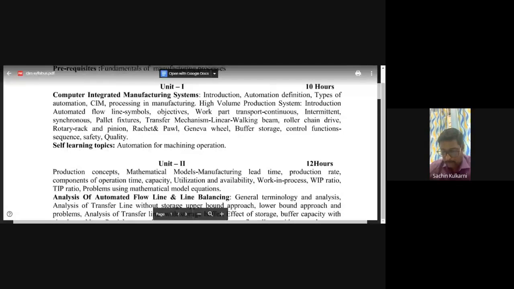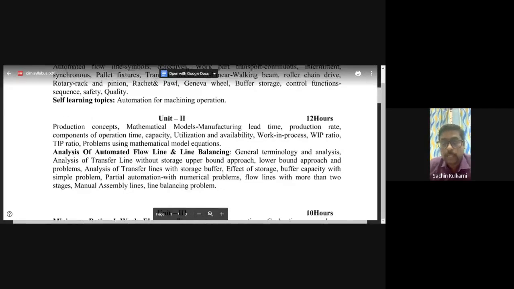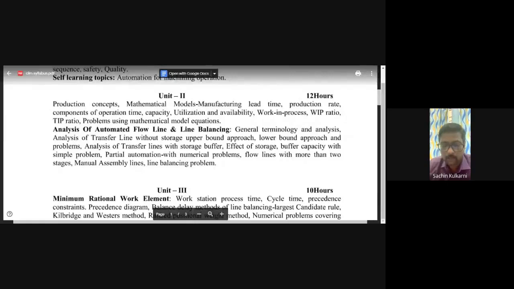So in this unit 1, in the subsection manufacturing models and metrics, you will learn mathematical models for production performance, that is production rate, production capacity, utilization and availability, and manufacturing lead time, work in process, and some simple numerical problems using mathematical model equations, and manufacturing cost, simple problems on manufacturing cost. So here, if you see the production rate, what is the rate of production? To calculate the rate of production, you require the production time, the average production time. Now how are you going to calculate the average production time? In that chapter, when we take it up, we will explain in depth.